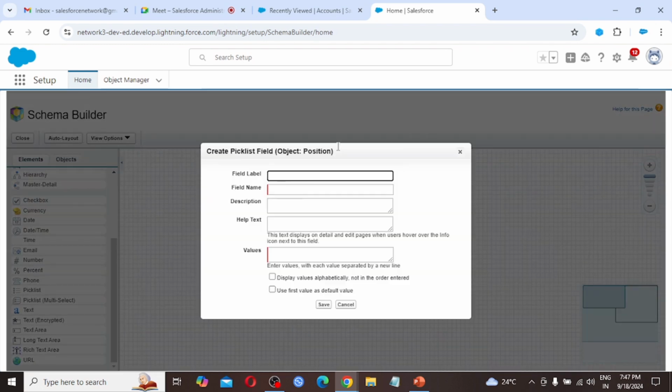Drag and drop the pick list. Education, press tab, and here we have to provide the values. As we had taken this education field as a pick list type, so we have to provide the values for this field.